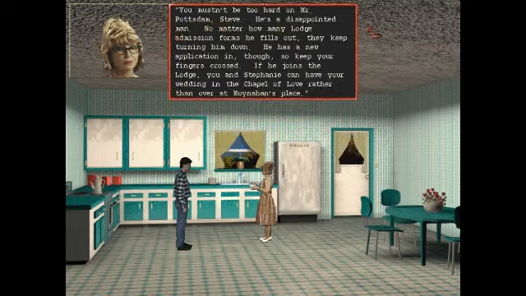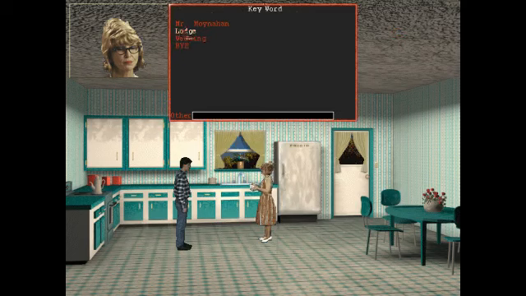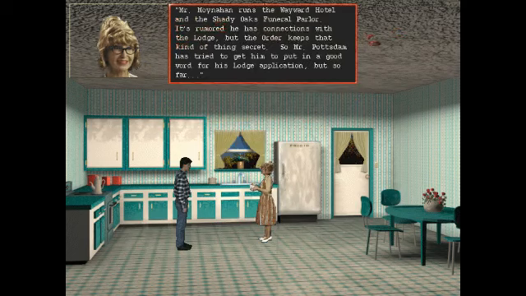You mustn't be too hard on Mr. Potsdam, Steve. He's a disappointed man. No matter how many lodge admission forms he fills out, they keep turning him down. He has an application in, though. So keep your fingers crossed. If he joins the lodge, you and Stephanie can have your wedding in the Chapel of Love, rather than over at Moynihan's place. Yay! Chapel of Love. That sounds wonderful. Mr. Moynihan runs the Wayward Hotel and the Shady Oaks Funeral Parlor. It's rumored he has connections with the lodge, but the order keeps that kind of thing secret. So Mr. Potsdam has tried to get him to put in a good word for his lodge application, but so far...